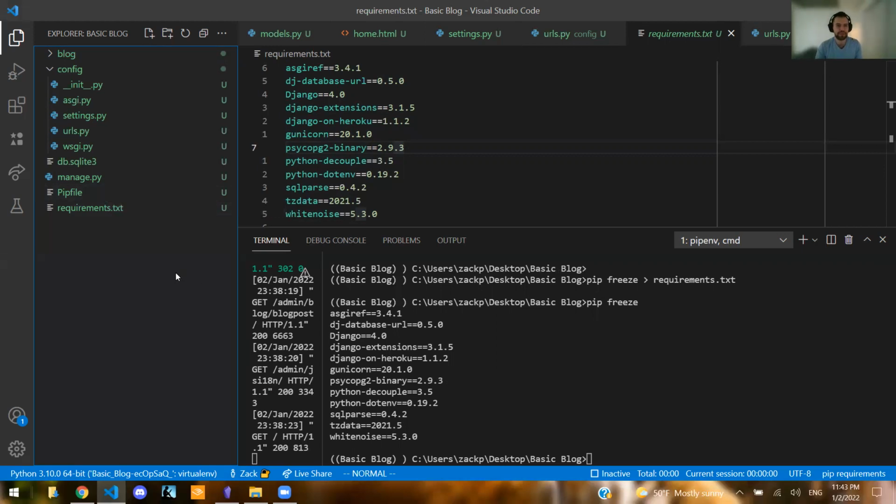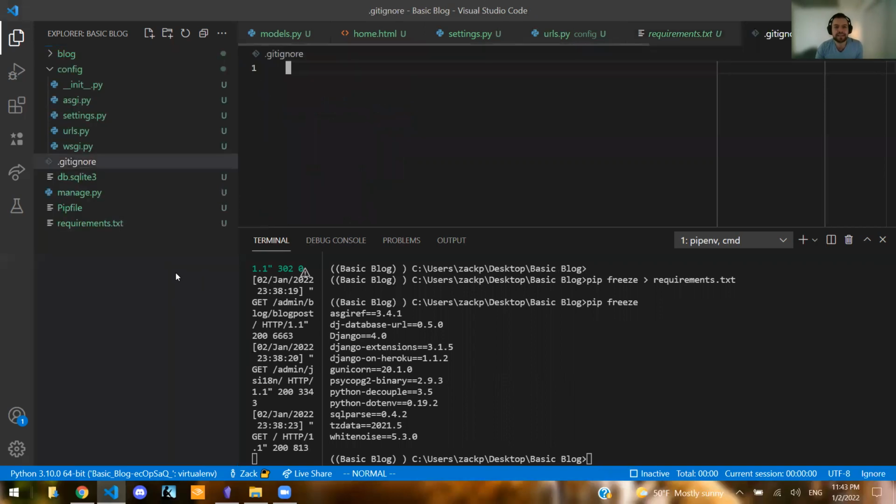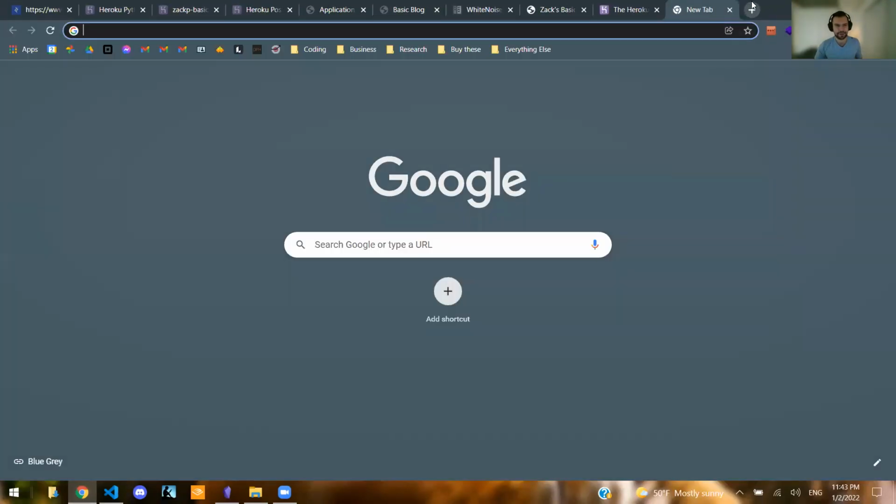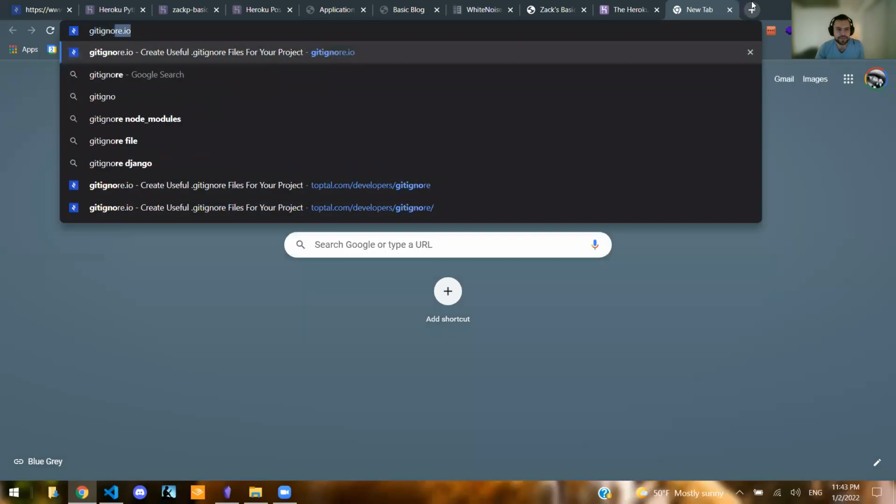So we're also going to create a .gitignore, which is a good practice in general. So we're going to create this. We're going to manually add the Pipfile, and we're going to add more here, but I don't always remember all the stuff that I need to add here. So I like to go to this amazing website called gitignore.io,